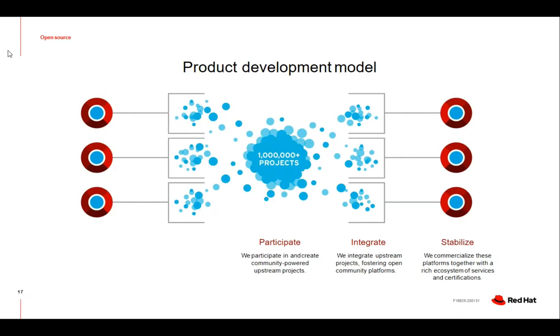Okay, the open source community out there is a group of highly innovative people who contribute to the community projects. As you can see here in the blue, more than 1 million projects are currently ongoing in the open source community, right? Which means the source code is open for you. You can consume a particular product, okay, and you don't have to pay for the licensing.